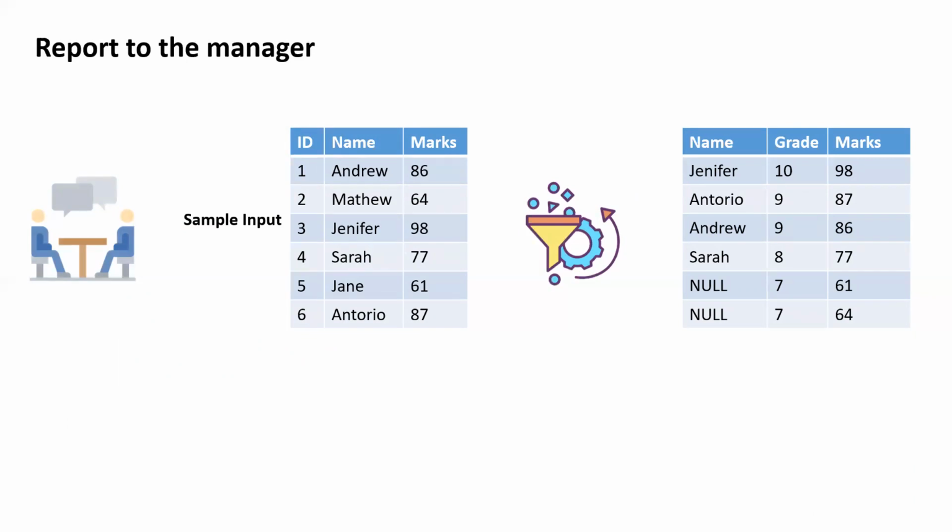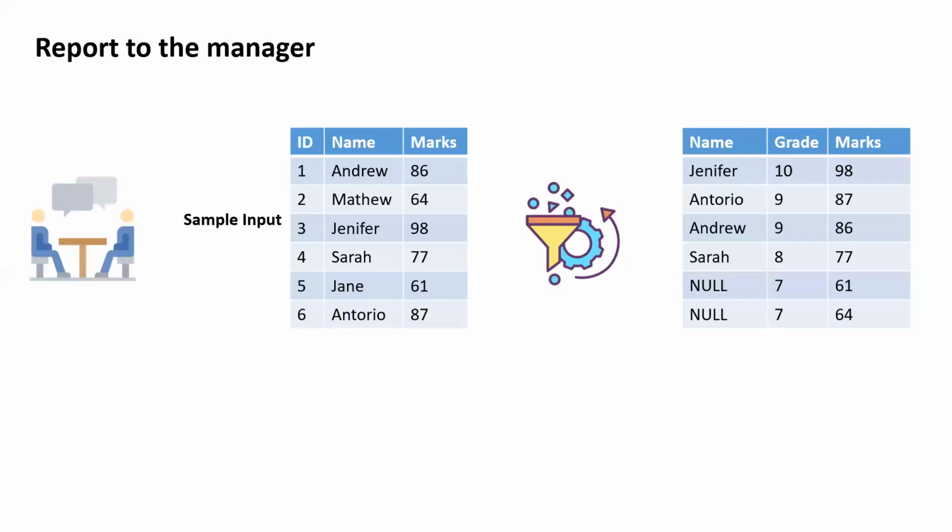Those students who are getting grades less than 8, John, the manager, does not want as the output, and he wants it as null. If you are having grade 8 and above, then he wants the name. Also, the output should be in descending order by grade. If you see that, the descending order by grade is 10, 9, 8, and so on. If two students have the same grade, then order the output alphabetically by name.